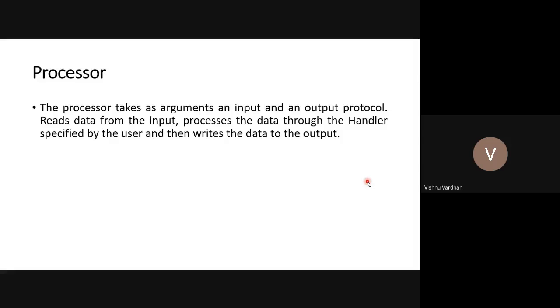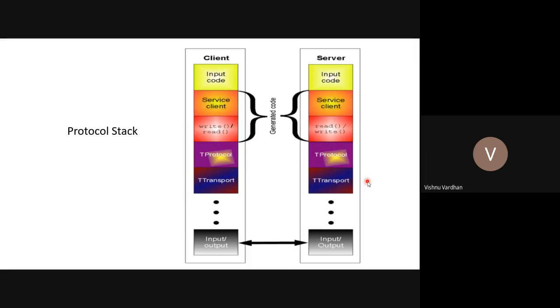So this is all about the implementation of the Thrift protocol stack. What we have just discussed are some internal components of the Thrift engine: input code block, service client, read write operations, T protocol, which is heavily equipped with different protocols. The transport layer is responsible for transmitting the data which is coming from the T protocol layer and accordingly sending it onto the network